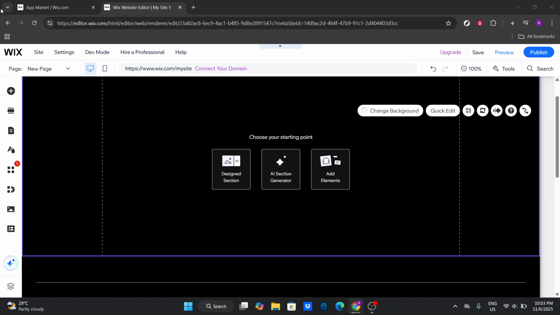First, make sure you're logged into your Wix account and have your website open in the Wix editor. Once you're on the dashboard, you'll want to navigate to the left-hand menu where you have various options. Here, locate and click on the Apps icon. This is where Wix has a multitude of features that you can integrate into your site, including the search functionality